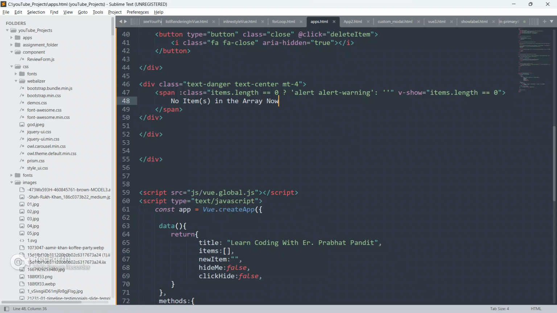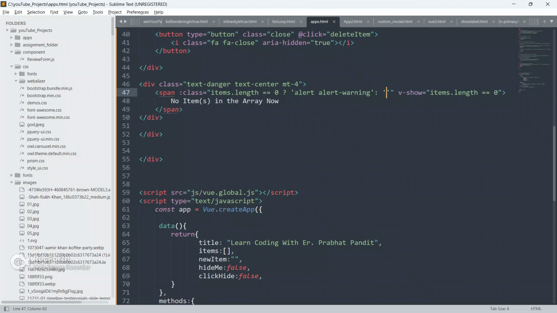So it is saying, if items.length is equal to 0, we will add alert warning. Or else, if it is false, we will give nothing, we will put no class, just blank, just empty.